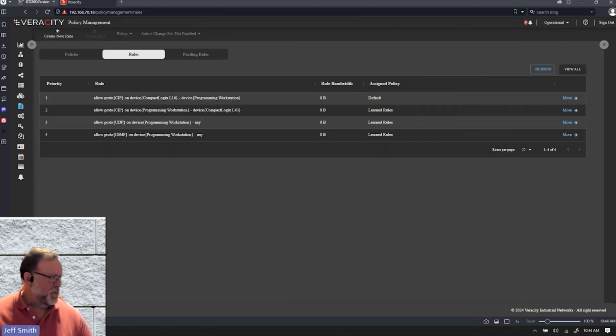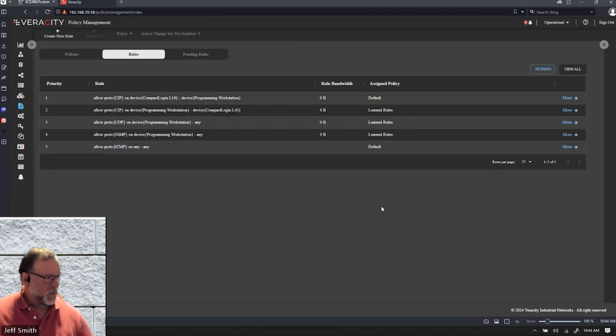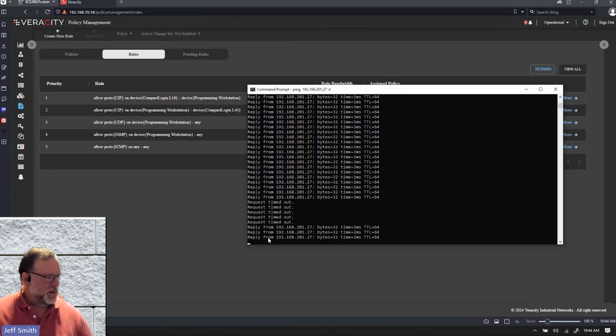So now my pinging should have stopped. Yeah, I can create a single policy that says allow proto ICMP on any. When I do that, I have a single policy that says ping is okay. Whatever wants to ping can ping. Don't care. So now this is working.